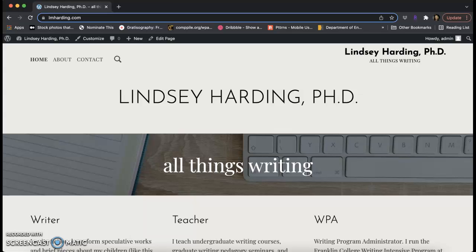Let's take a little tour of WordPress. WordPress is the content management system that I ask my students to use for their domains on Reclaim Hosting. WordPress is fairly intuitive and it offers a lot of robust design options for students, different themes, different plugins, so